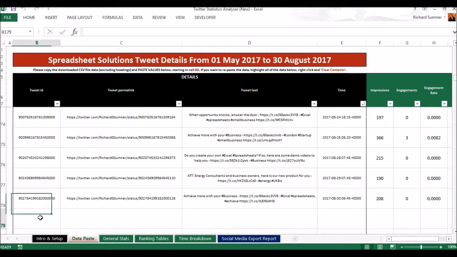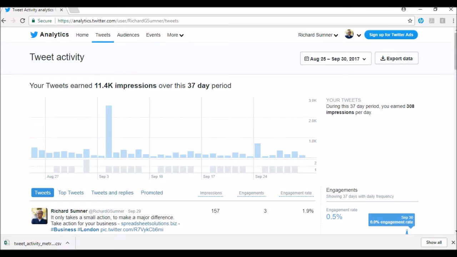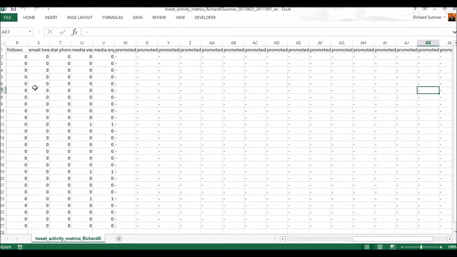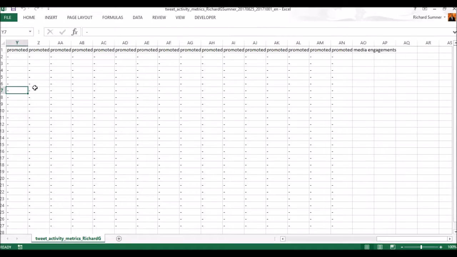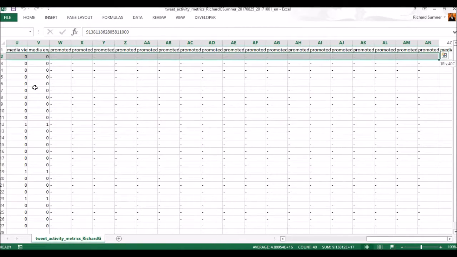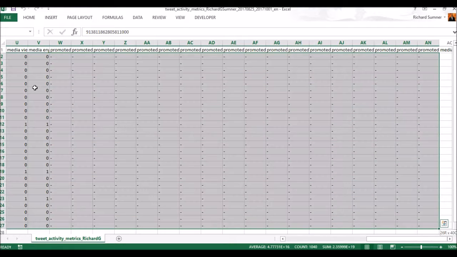What we need to do is just make sure that these other ones will marry up. There we go. There's your data. Let's just take a look. Here you've got your normal tweets and then the promoted tweets. They haven't changed the layout, so that's all good. So now if I copy this data, using Shift Control right and Shift Control down to get to the end of the data, that copy,